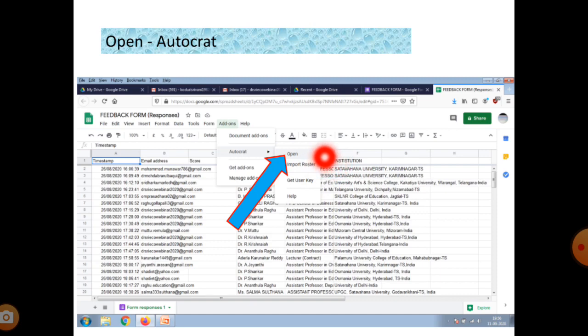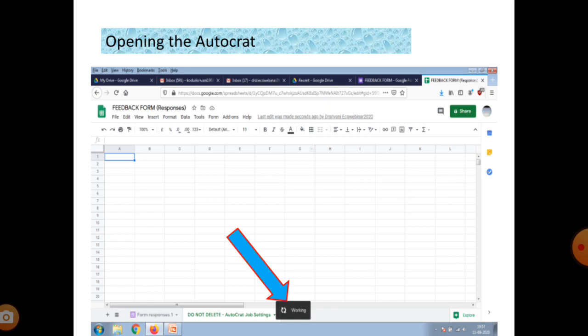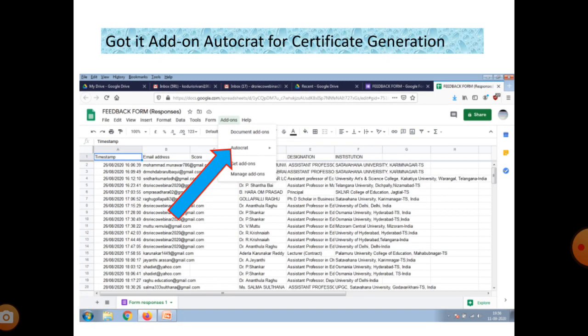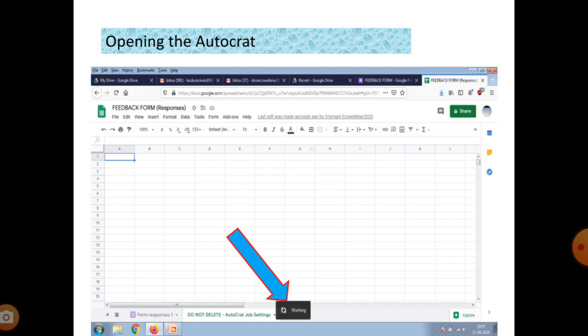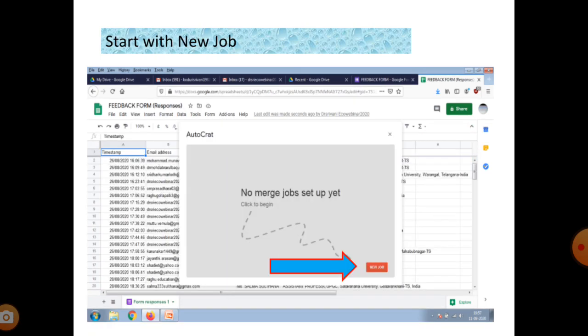Okay, we want to open the AutoCAD add-on. Okay, open. When you open AutoCAD, it is working. The symbol is working. Okay, open, working. That means the AutoCAD add-on is being opened. After the AutoCAD add-on opens, you get the box, AutoCAD new merge jobs set up.